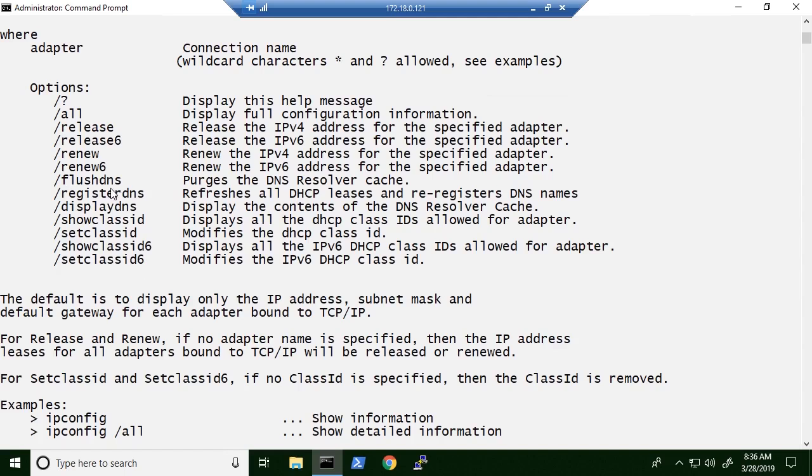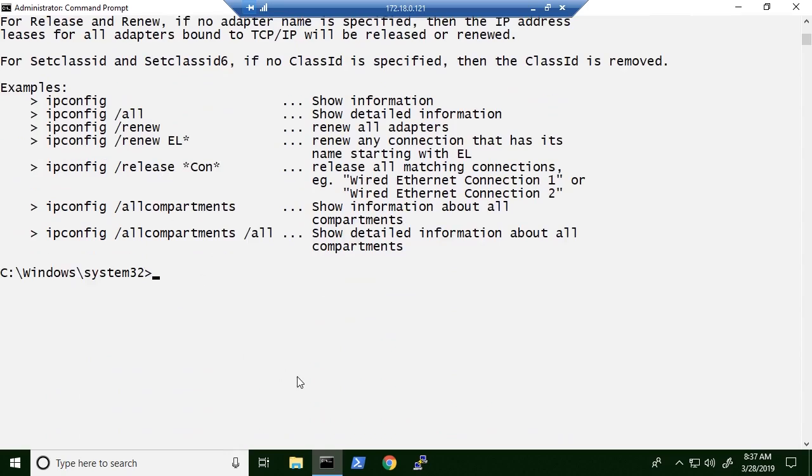You can also work with DNS. You can display DNS information. You can delete the cache or purge the cache of DNS and register the device as far as the DNS names go. So for example, if we did an